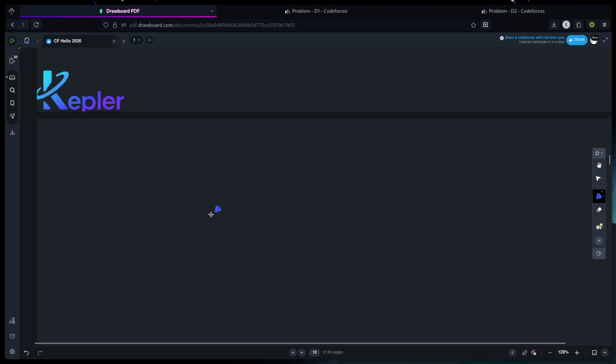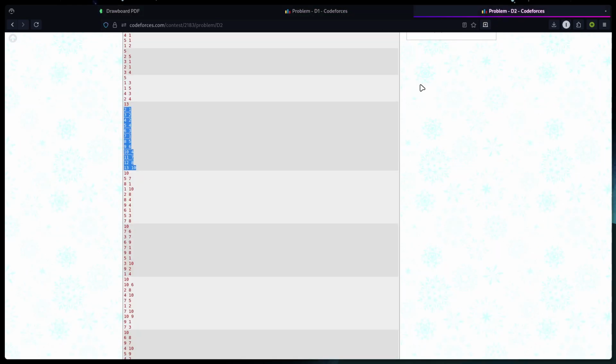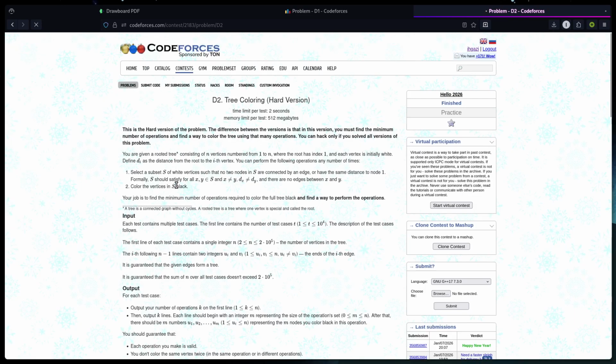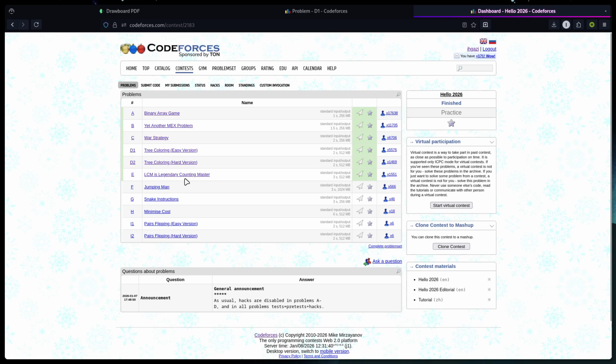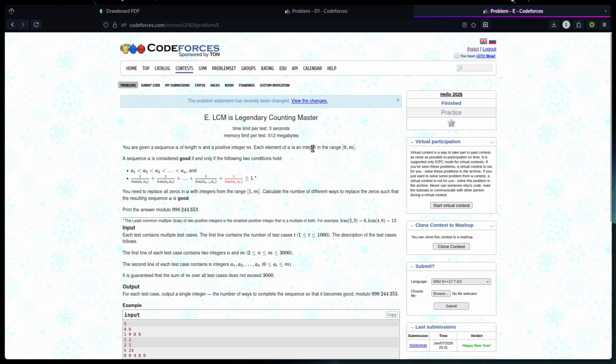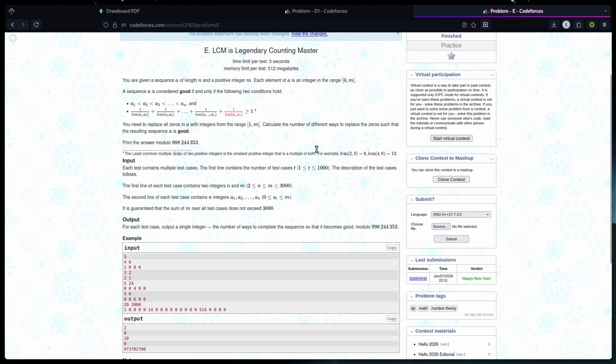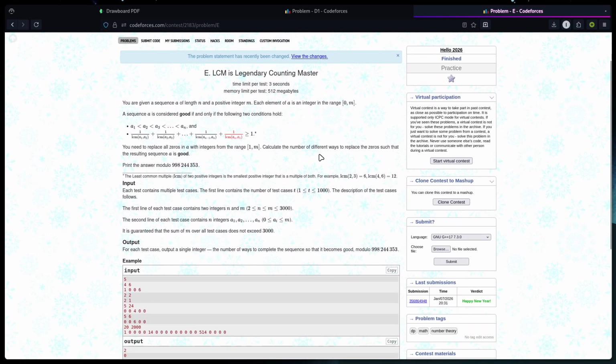Great. So now for the last question for today, we will be seeing problem E. Now for problem E, an array is considered good if it is strictly increasing, and this equation holds: the summation of 1 by LCM(A1, A2), 1 by LCM(A2, A3), and so on, is greater than or equal to 1. Okay,